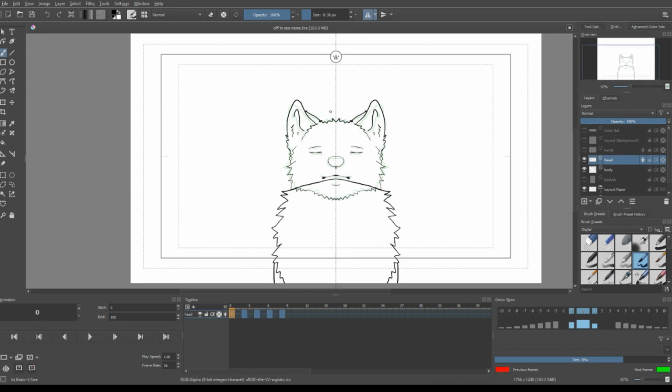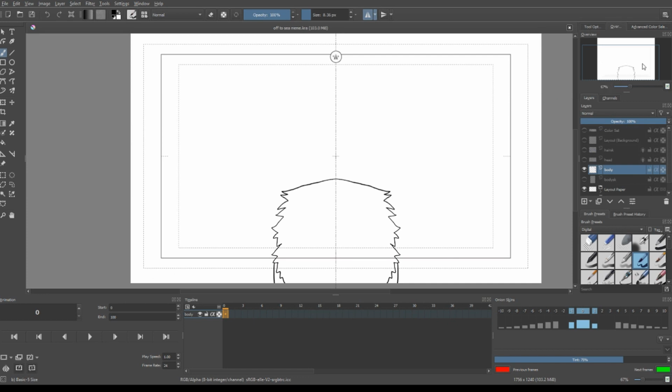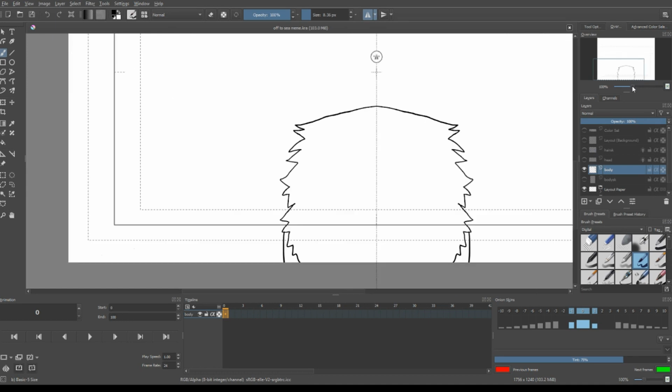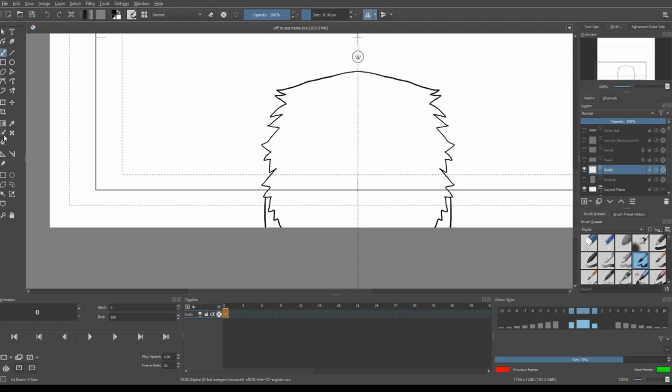So, what we're gonna do now is actually, we can start coloring. I'm gonna show you guys something really cool about Krita, and this is what made me say, oh yeah, this program is the best. Like, this is what really made me say I love this program. What we're gonna do is we're gonna grab our color mask tool. That's this little tool over here that looks like the brush, but has like little spikes or spiky things around it. We're gonna grab it, and what we're gonna do is we're gonna click our line art,